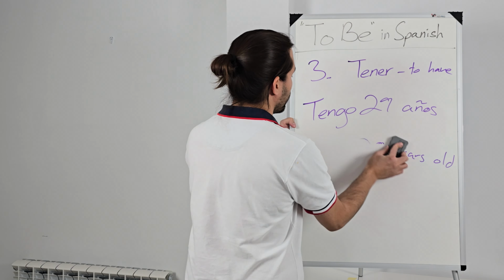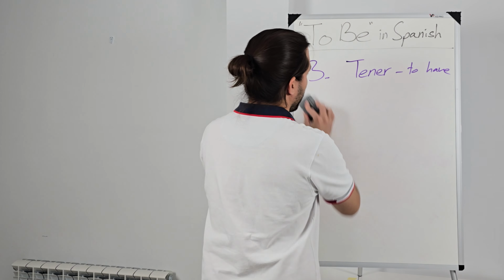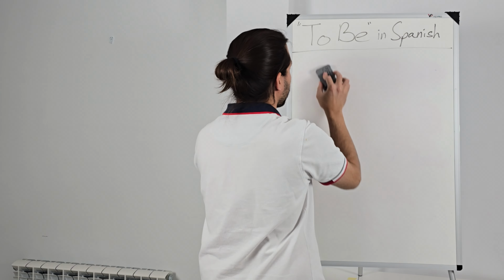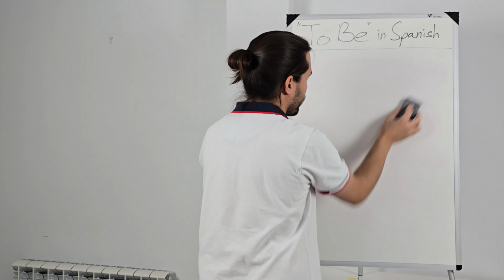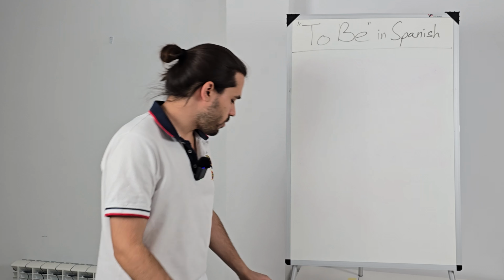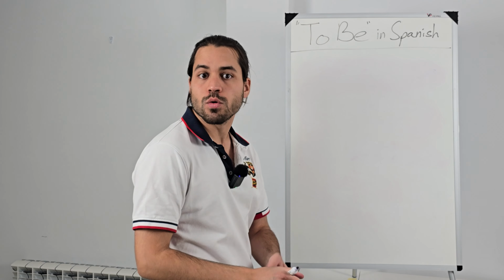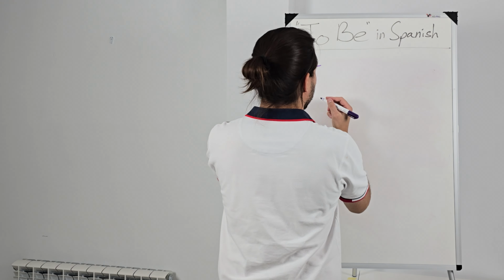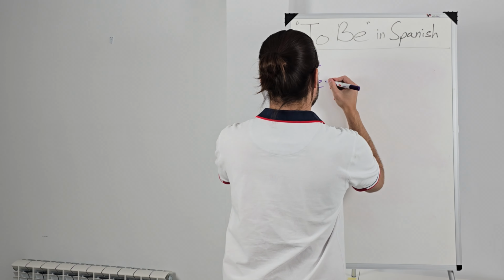All right, and there are a couple other things you'd use it for as well. Because the way it's described, you're in possession of a certain age, right? It's not a part of you, right? It's more conceptual than anything else, right? So you're holding on to it, so to speak. Right? You have it or it has you, right? Another way we'd use tener, right, to have, would be temperature.